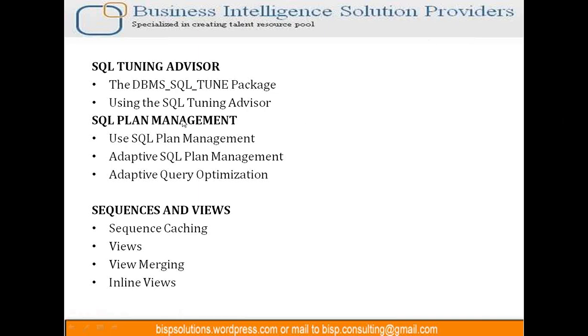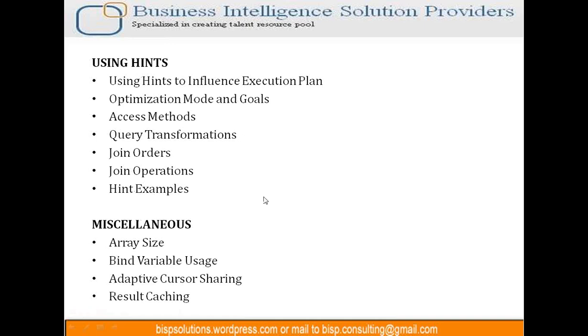We will have a look at the SQL Tuning Advisor, which helps us in tuning our statements. We'll have a look at SQL Plan Management Tool. Then we'll have a look at some other objects that help us in performance gain, something like sequences or inline views, right? And finally, we will have a look at how do we use hints to influence the creation of